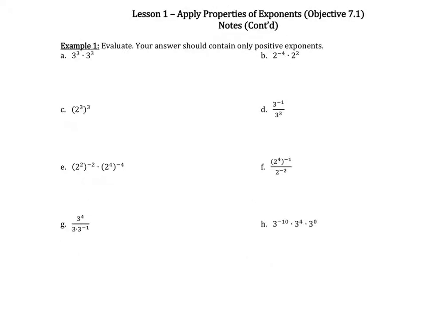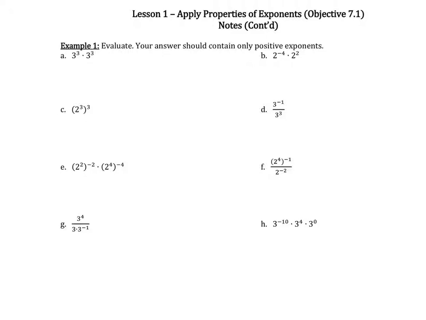This video goes over Lesson 1, Apply Properties of Exponents in your packet. It's Unit 7, page 4. Okay, so we have some properties that you can find on page 3. I'm not going to do that on a video. If you would like to look at the notes packet that you can find on the website, you can take those notes. But basically we have some properties that we use, and when you are doing those properties, they just